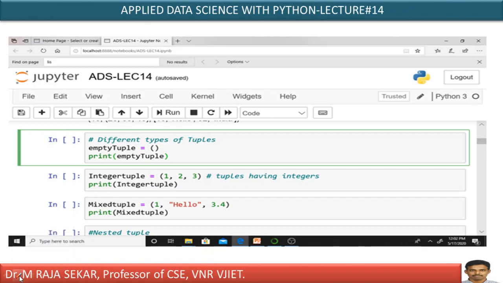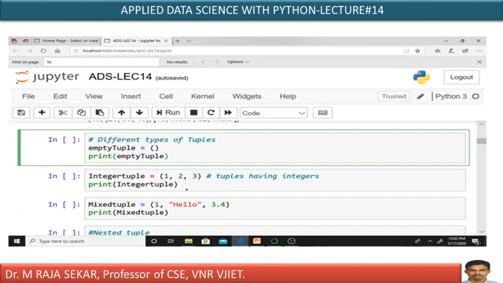First, we will try to understand a few basic things, and then I will show all these things again in the Jupyter Notebook. There are different types of tuples. First, the empty tuple. How can I create an empty tuple? It is simple. Just say empty tuple equal to empty parentheses. Whichever name you want, you can keep. It need not be empty tuple. Just say T. That's enough. T equal to parentheses will create an empty tuple. Printing it will give an output which shows it is an empty tuple.